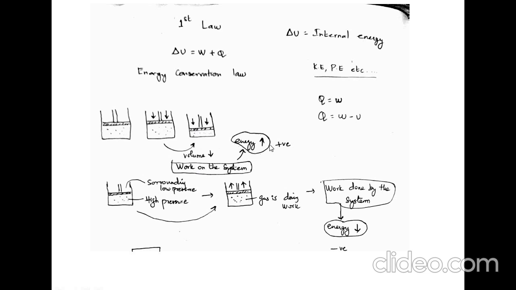So there will be a positive energy gained, or there will be more energy, because you are giving a force. If you have a condition like this, with high pressure gas inside it and a movable, flexible piston, and it is moving upwards, the energy is being released. Work is done by the system, energy is in a negative form. So depending upon the work or energy, it is said work on the system, work done by the system.